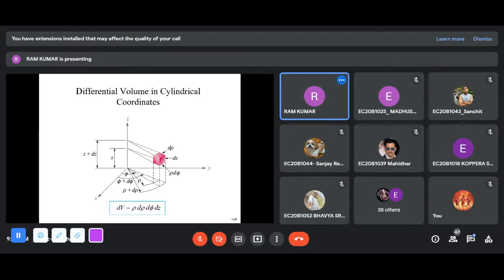Look at it clearly, when you apply a cylindrical coordinate system. Now, you know that the radius of the cylinder is rho. When you draw the line and make an angle, that becomes phi. Similarly, you know that the height of the cylinder is z. Now, you just see.